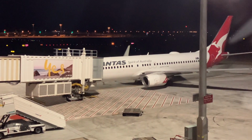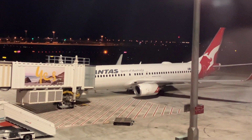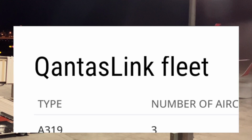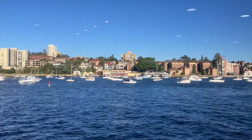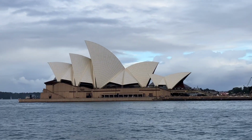The 737 is the only narrow-body aircraft in the Qantas mainline passenger fleet, excluding the freighters and the aircraft operated under their regional subsidiary Qantas Link. So in this video, I'll be taking Qantas Flight 141 from Sydney, Australia to Auckland, New Zealand after spending 3